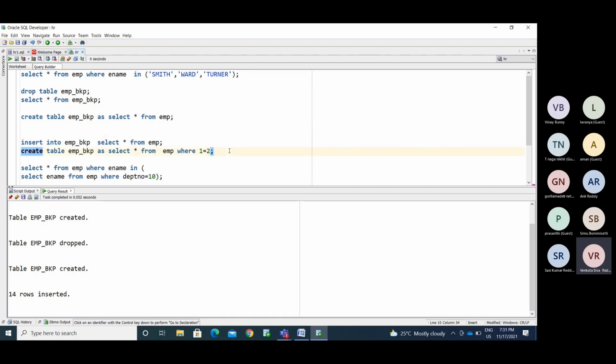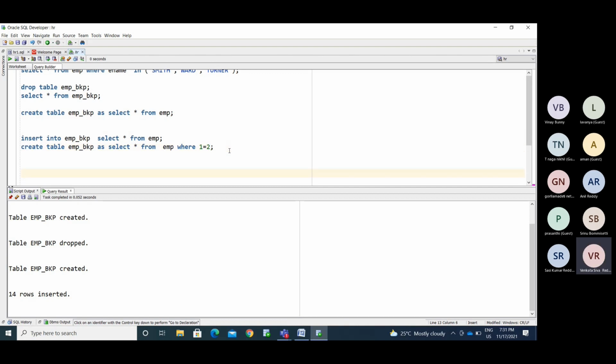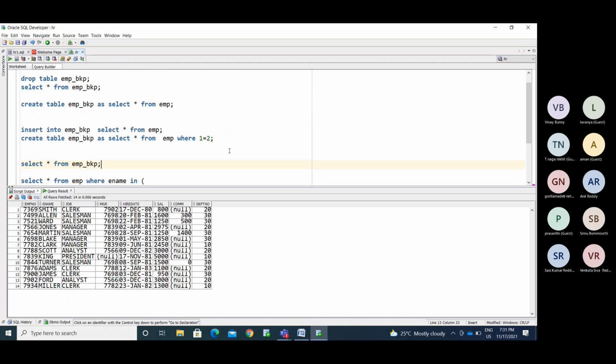So now we have the data. Now we have the emp underscore BKP table. Now I am deleting some data in this.